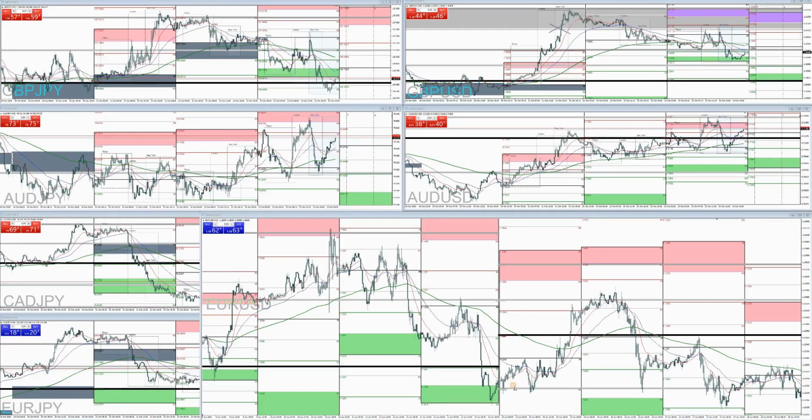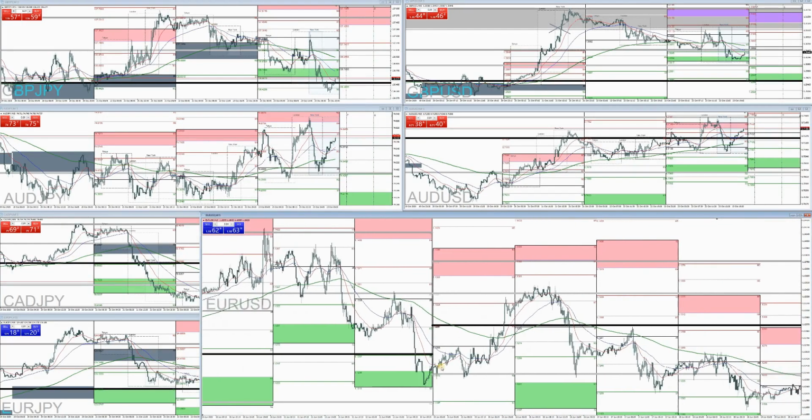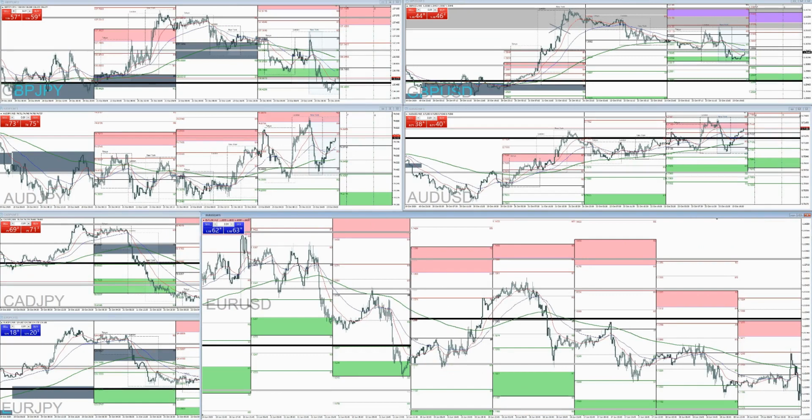Okay, we have a continuation here. On to next week. We got the bounce off of the M2 here, so I'll go ahead and mark that off. Alright, so this is our trade setup. And since we pulled above the central pivot, we're going to be buying on the central pivot.